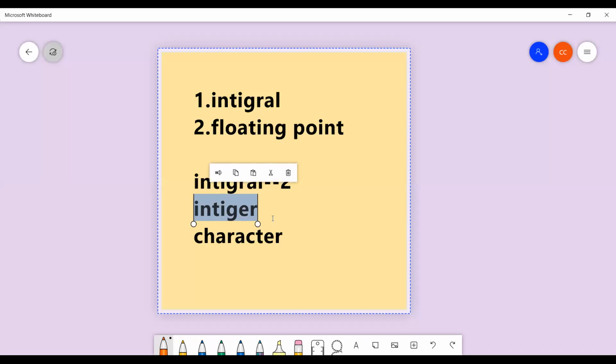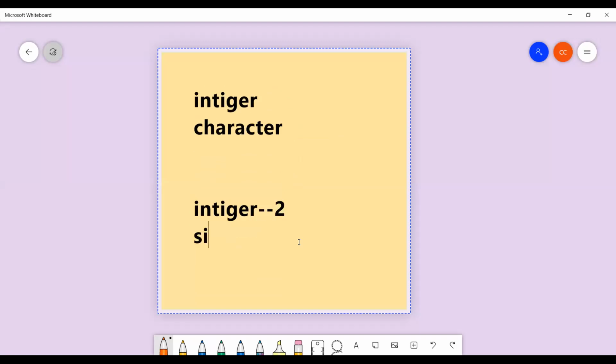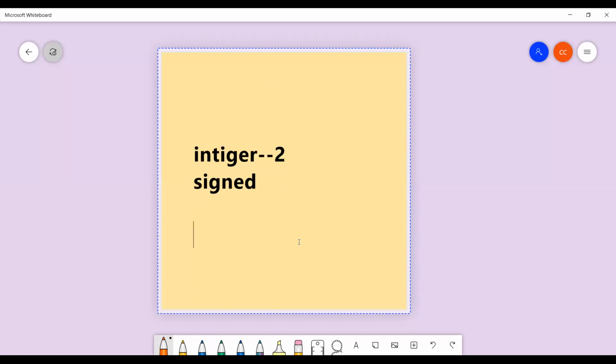Here, integer is again divided into two parts, the subparts: signed integer and unsigned integer. I think you have heard the word signed, it is in the keywords list. So integer is divided into two ways, signed integer and unsigned integer.